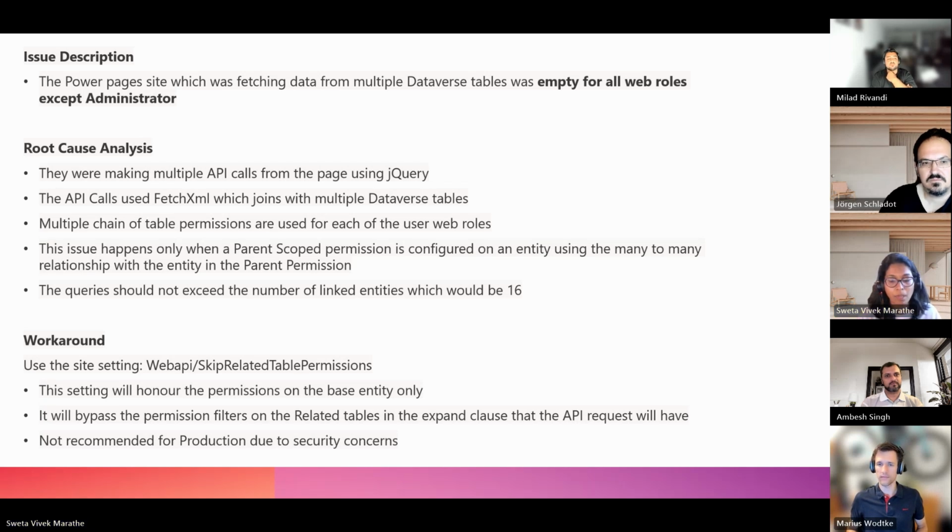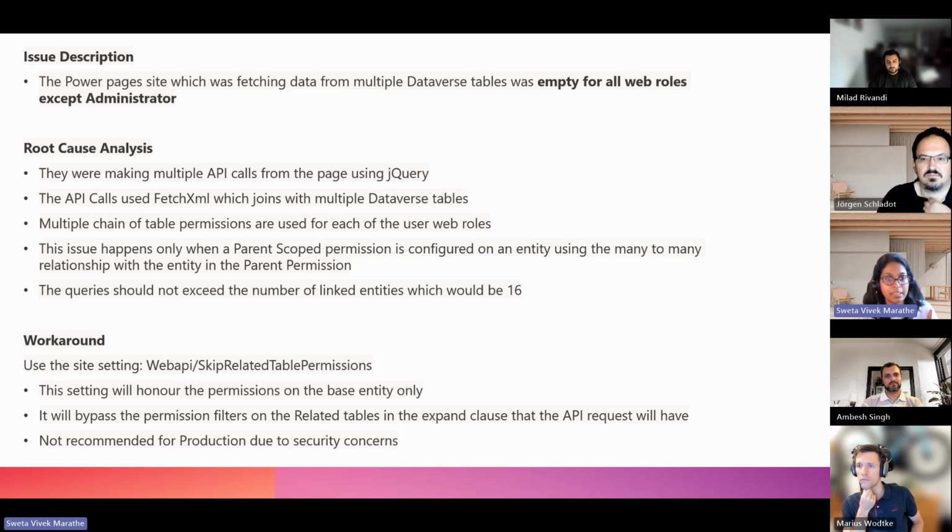So what happened was that our page was making multiple API calls using jQuery. And the API calls were using FetchXML queries, which were joining multiple Dataverse tables. So we were having many linked entities. And over that, we were using web roles, which was also, again, a chain of multiple table permissions. And through the root cause analysis, we found out that this issue, and of course, Microsoft provided us a fix for this,